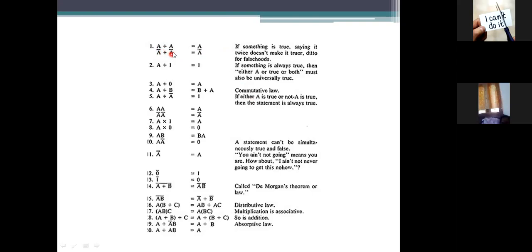These have the same behavior where, when they are added, we get one representation only. A plus 1 is equal to 1, A plus 0 is equal to A, A plus B is equal to B plus A, the commutative law. By adding the opposite representations, we get the true value, which is 1. A bar and A, the product, will be specified here. So these are the 20 such rules. From these 20 rules we will use and reduce these expressions. How are we going to do that?